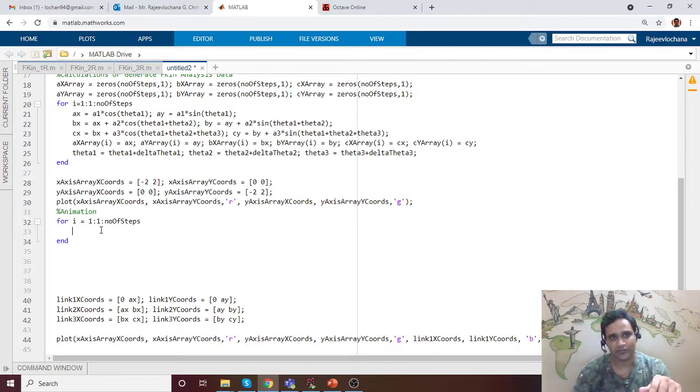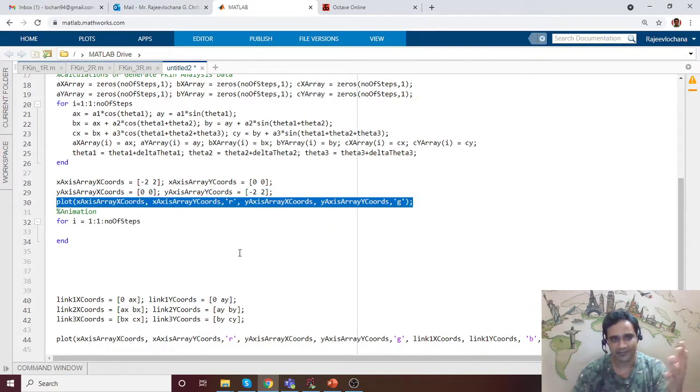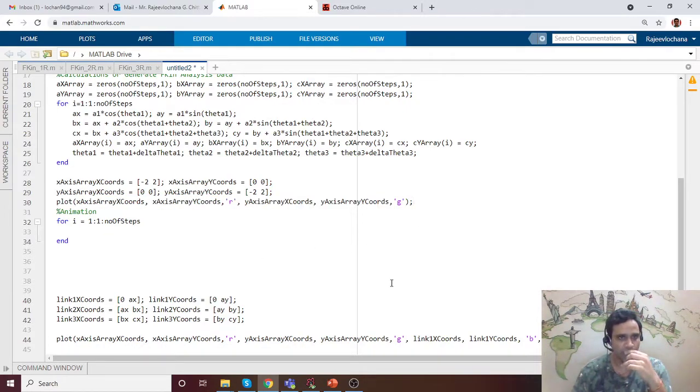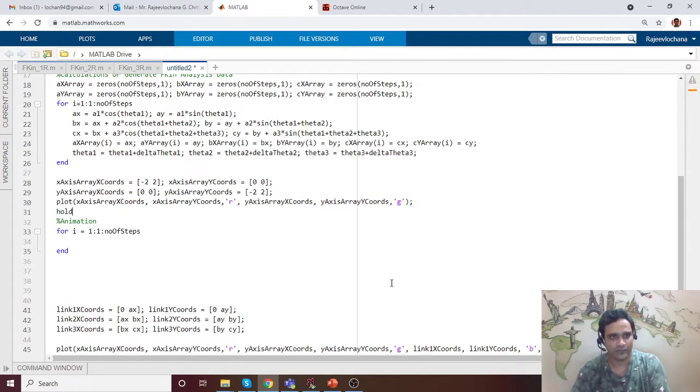Now in this for loop we would like to keep updating these values. The angles need to be changed. One way of doing it is we'll use something known as hold on. That means if I put hold on, whatever line I draw, it will be drawn on the same canvas, on the same plot.